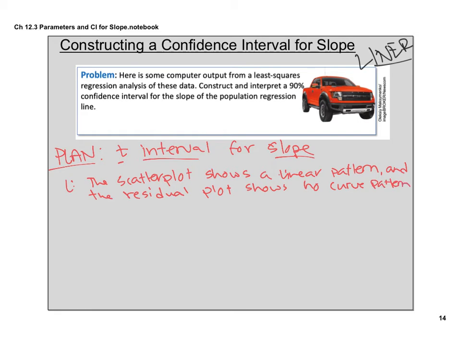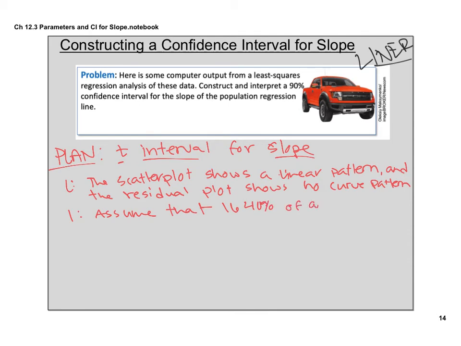Great, check. Okay, I, independent. Because this is a sample drawn, we have to state the 10% condition here. So we're going to assume that 16 is less than 10%